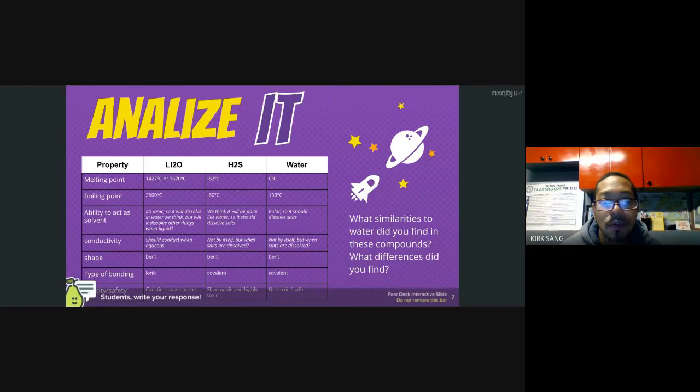Molecules that are similar to water in terms of melting point are, molecules that are similar to water in terms of boiling point are, or molecules that are different in terms of melting point are. Go ahead and state those specific differences and similarities. I'm looking for you guys to state this in Pear Deck using those sentence frames provided.